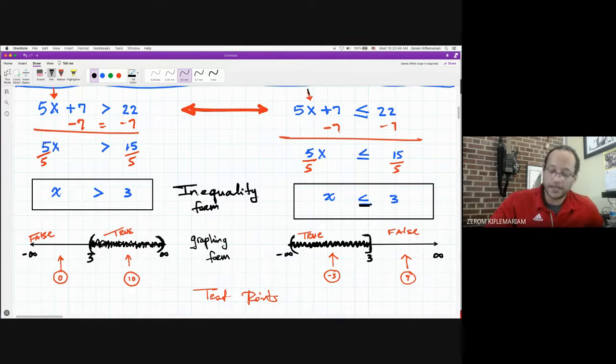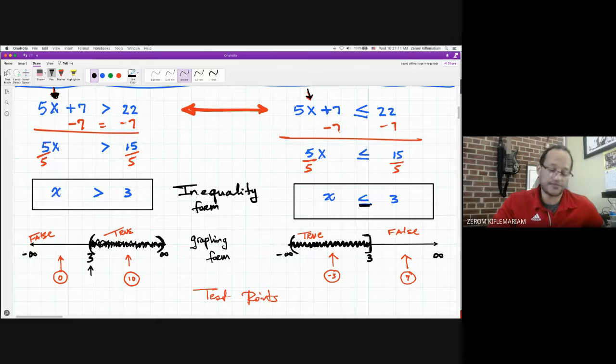If I plug in number 3, would that work? 5 times 3 is 15. 15 plus 7 is 22. Is 22 less than or equal to 22? It is equal to, so number 3 is acceptable as part of my answer. So it is a bracket. On the left side over here, number 3, I cannot accept as part of my answer, meaning if I plug it here,